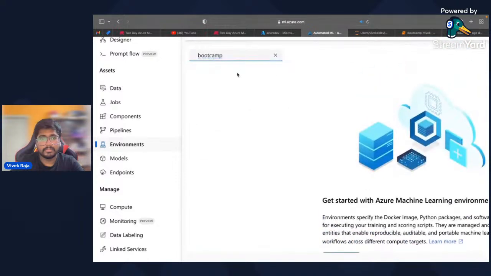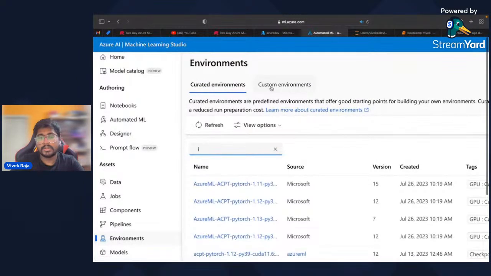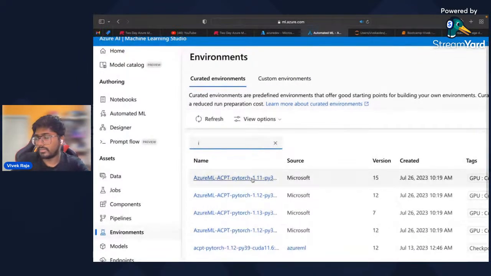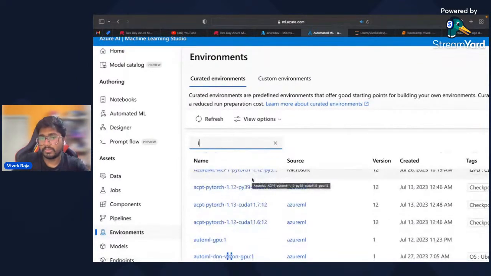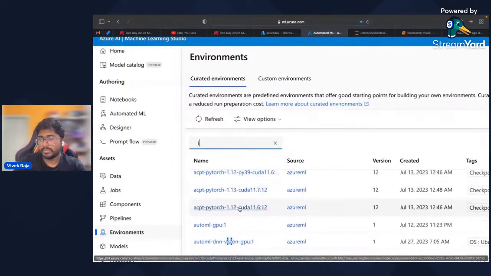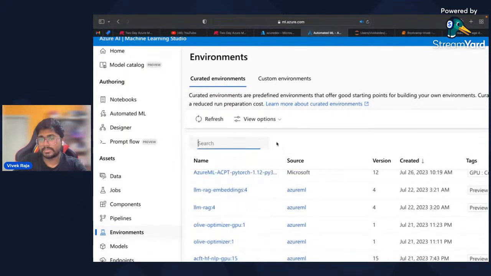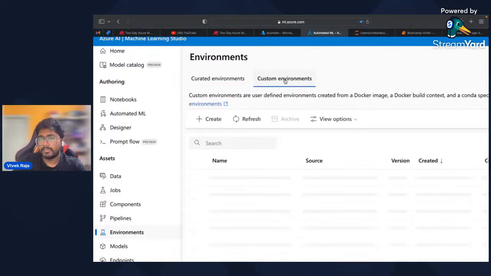Oh, okay, it's in the same image, I guess. So yeah, sorry. This is where you can find your own images if you want to. You can just directly use it. So these are the images which are available, the custom environment which we created.